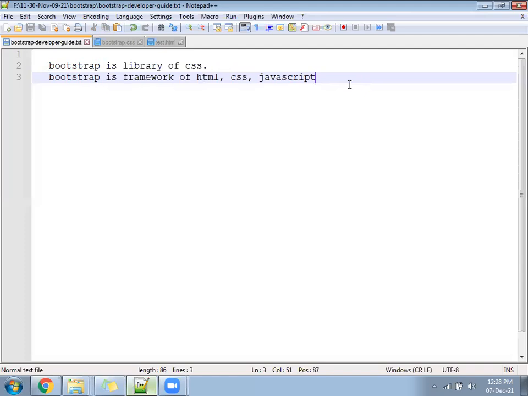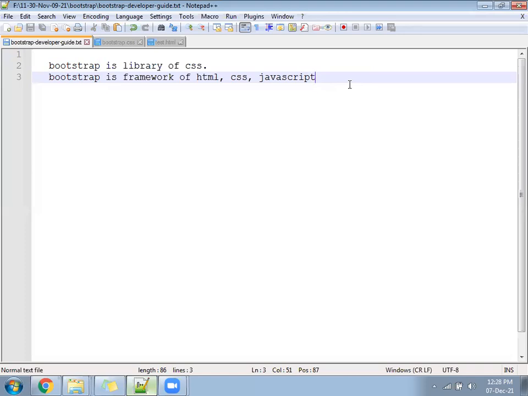Okay, so now if you are saying React is a library of JavaScript, that means when I am writing React, only JavaScript code is sufficient. But when we say that Angular is the framework of JavaScript, that means only JavaScript is not sufficient. Along with JavaScript, something else also gets mixed together. TypeScript will come, something will come, something will come. Then it will be complete.